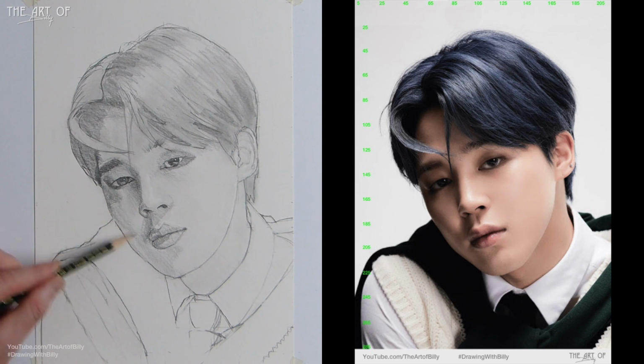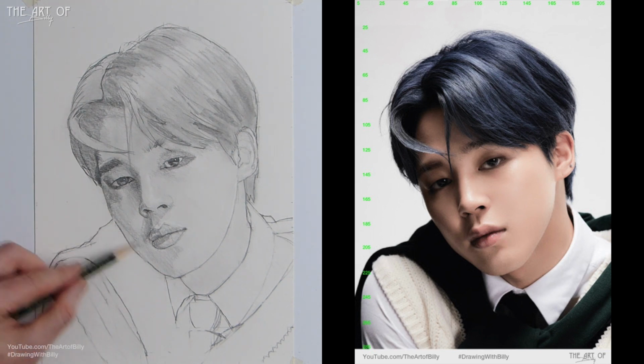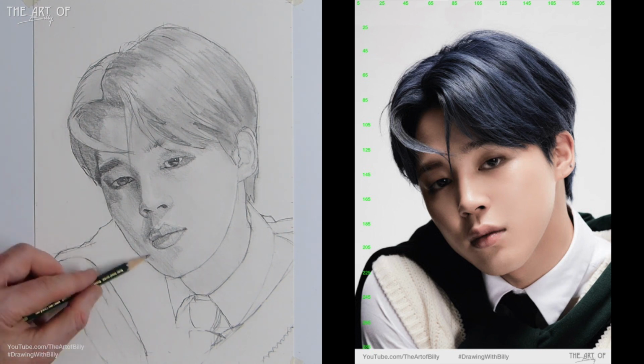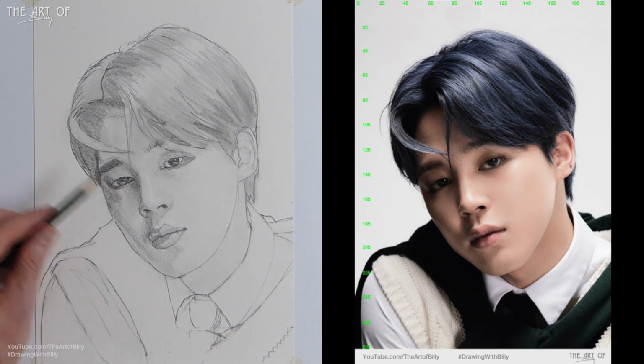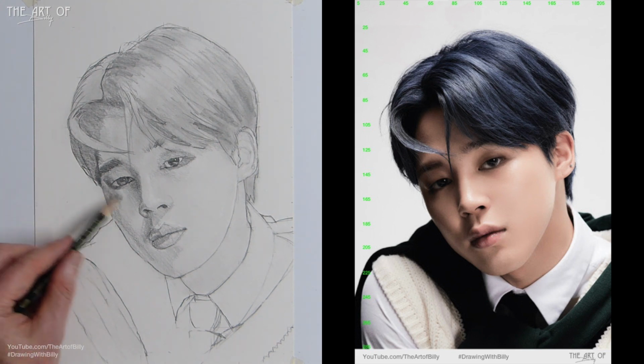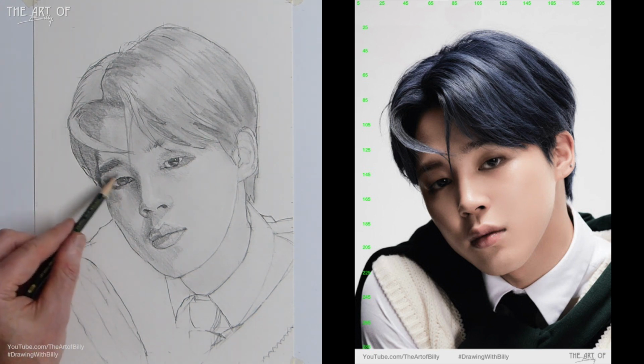The shadow coming right the way up. Again, just being careful, adding a little bit more tone, building it slowly. But already you can see we're getting much more three-dimensional